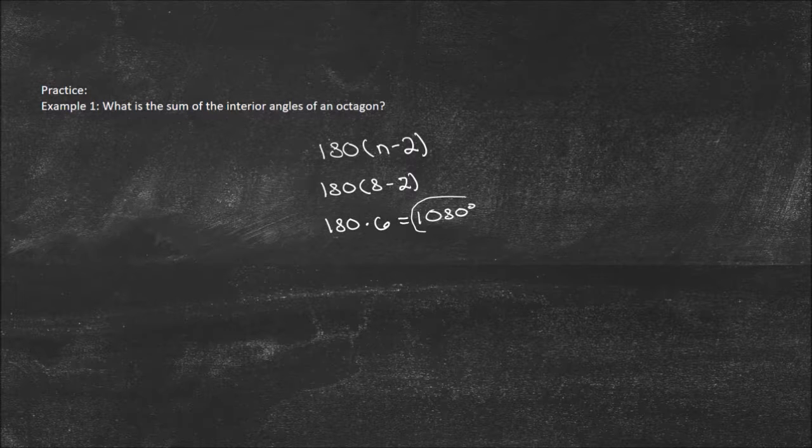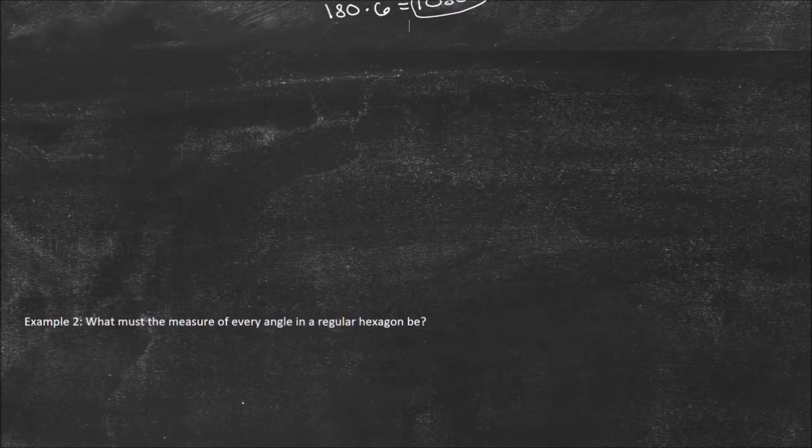So that is the sum of the interior angles of any octagon, no matter what. Okay, so now what must the measure of every angle be in a regular hexagon? So remember, if a hexagon is regular, that means all the sides are the same and all the angles are the same. So if I figure out the sum of the interior angles in a hexagon,